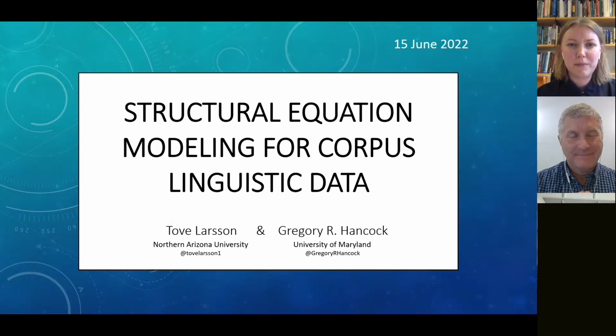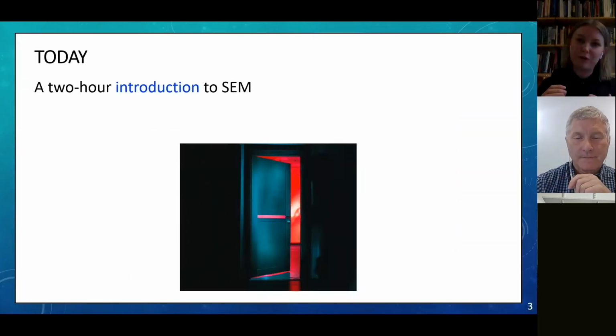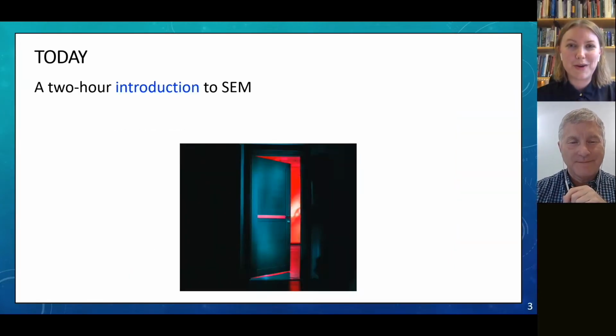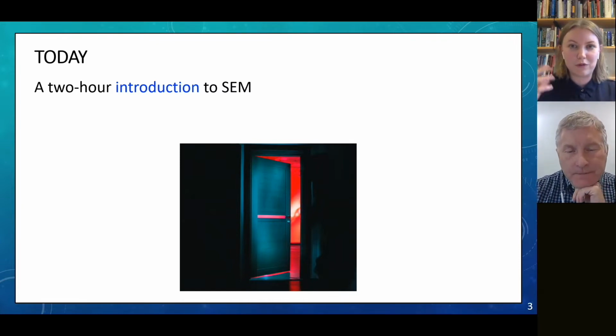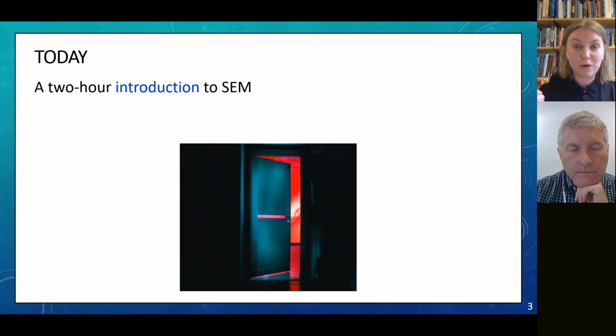So we'll be talking about structural equation modeling for corpus linguistic data, right? And just a short caveat here: this is a 2-hour session, meaning that this is very much an introduction to SEM, and we can't cover everything there is to know for obvious reasons. There are books and long courses, and several of them. So we're hoping that we, in this 2-hour session, are able to, and this is a metaphor that Greg uses